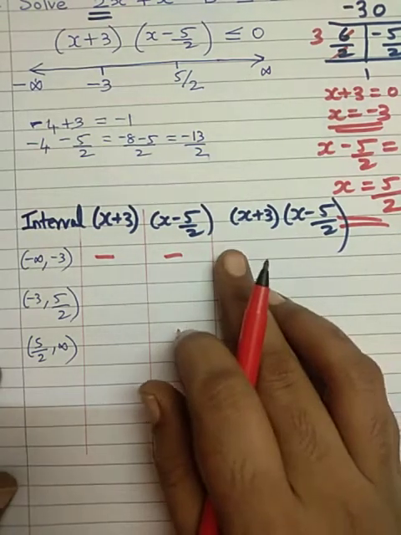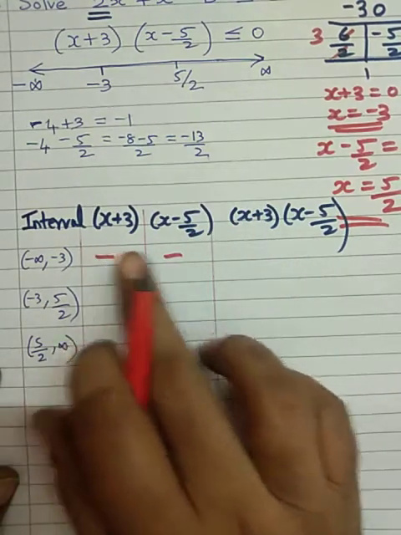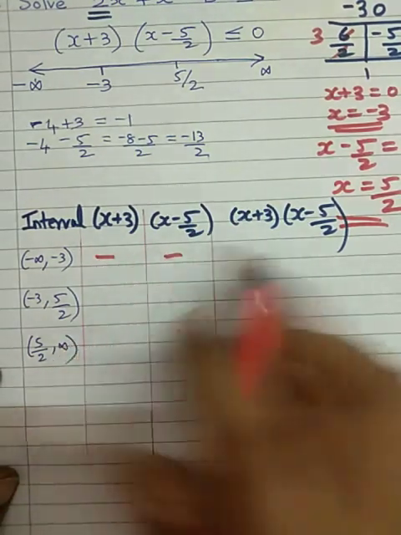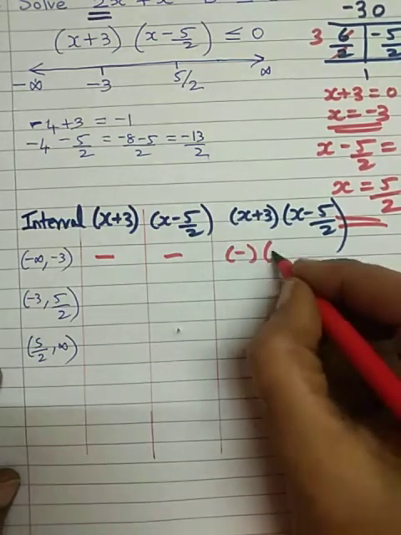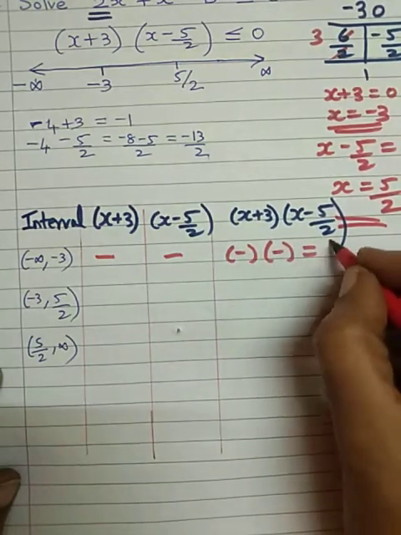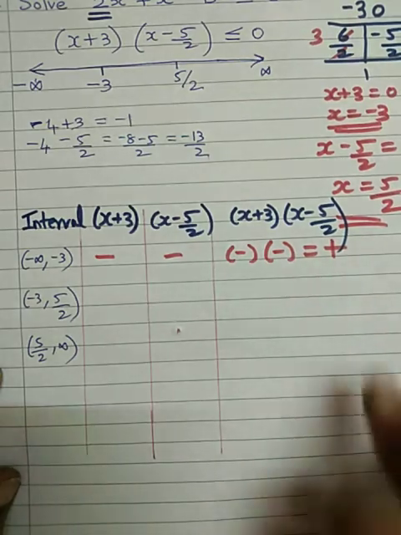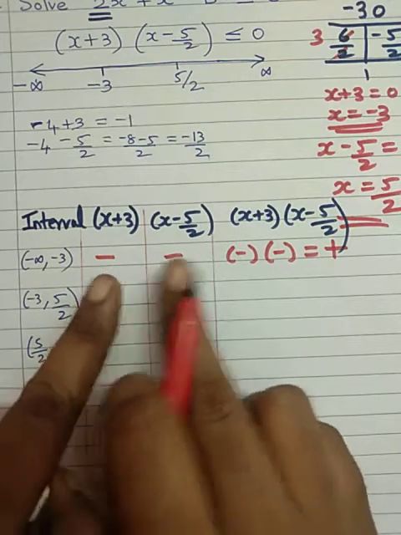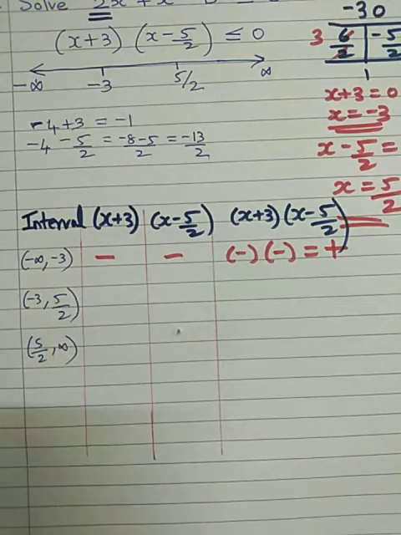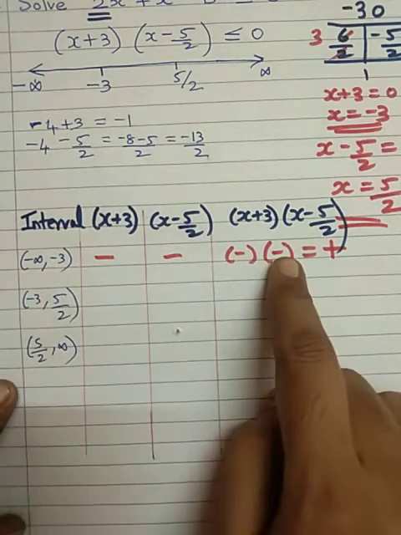Now the last column is easy. We have to multiply the two signs. For example, we got a minus sign here, and here also we got a minus sign. So minus into minus, we know it is plus. So the last column entry is plus, after doing the product of these two signs we got in the previous two columns. So I have finished the first row.